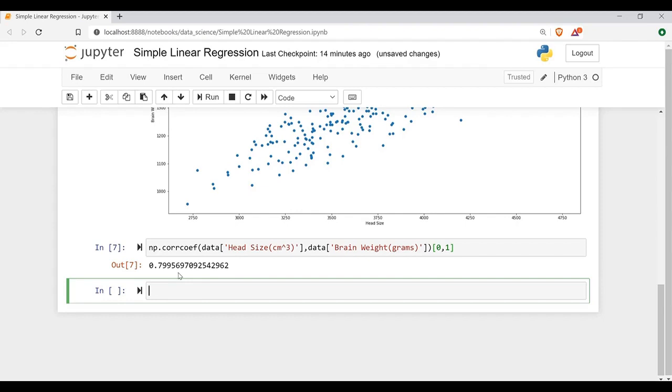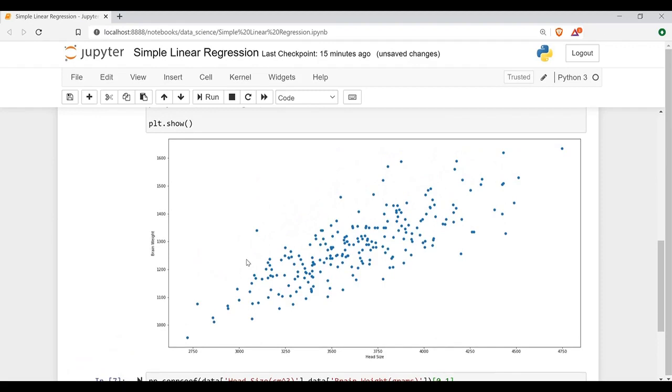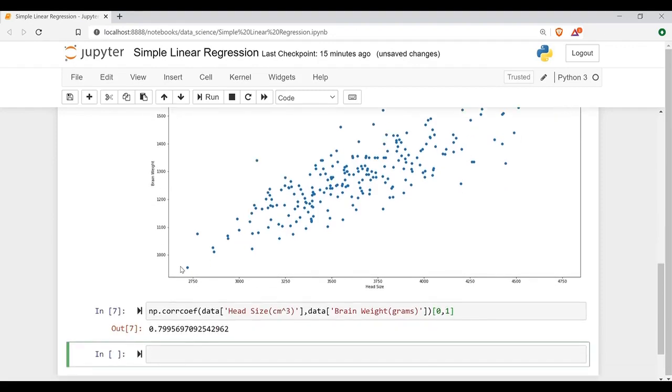So now we can see that there is a 0.799 correlation. So the data is linearly related at 79%, almost 80% linear relationship. So there is a strong linear relationship, a strong correlation which is positively linear. That's what we can see here. So now we can use linear regression for this kind of data set. First thing is we will analyze a little bit more within the data. Now we know that linear regression is possible here.